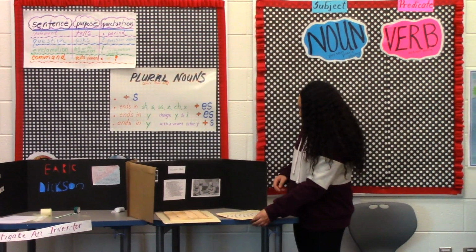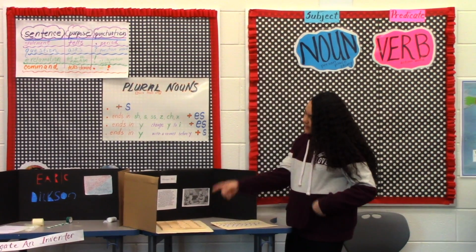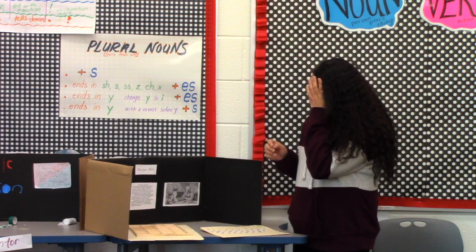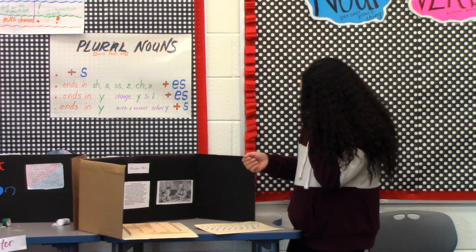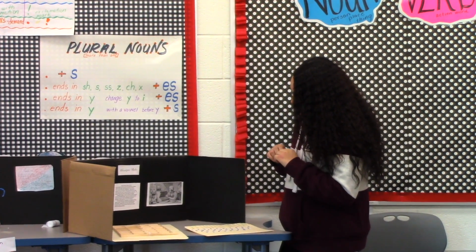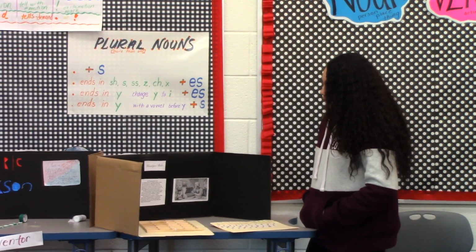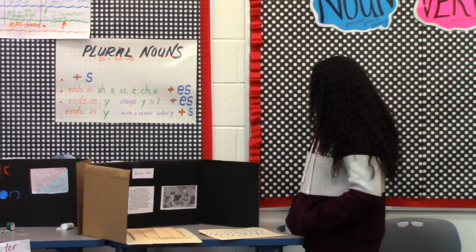And I made a typewriter, as you can see. And this is a printing press. You take the letters and put them on a strip, take it all apart, and then type it on the typewriter and it will show up on the paper. So yeah,